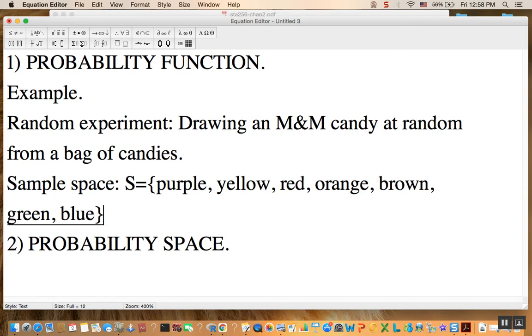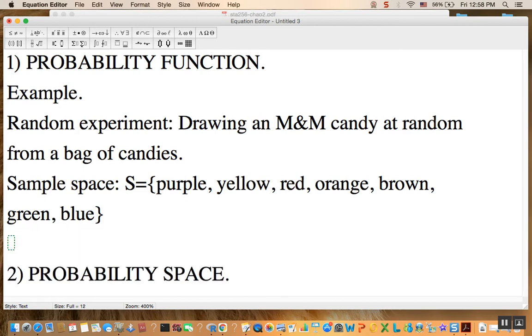Okay, so that's a list of all possible outcomes, 7 possibilities. And now these guys from this company have information about the proportions for each of these colors, and they happen to be the following. Those proportions: the proportion of